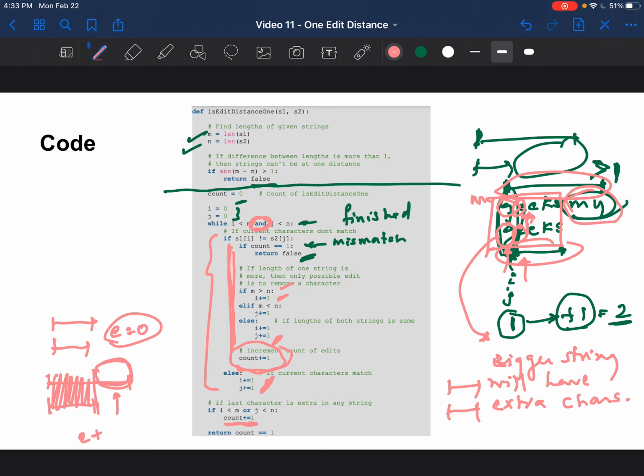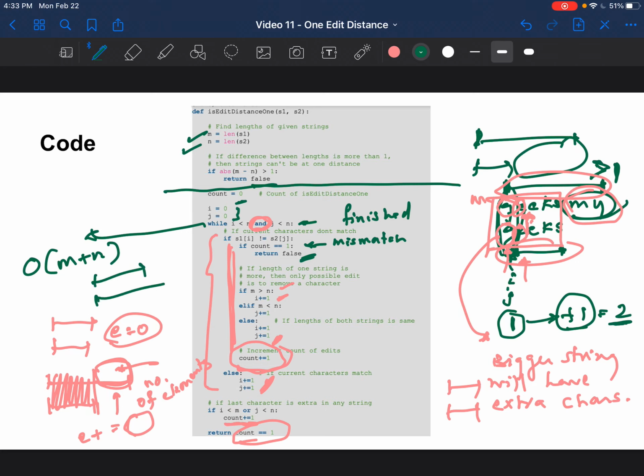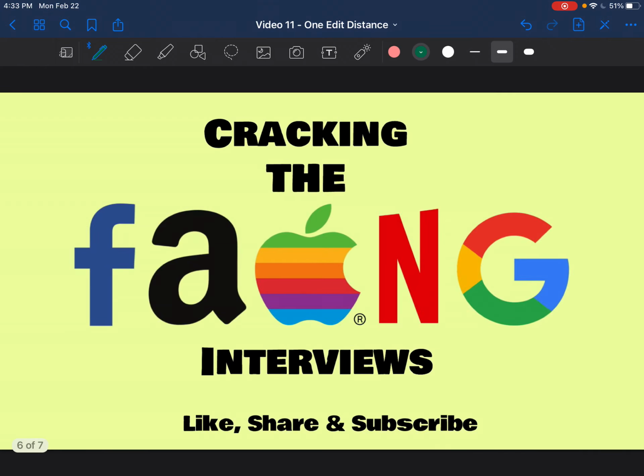The other thing you could do is also increment the edit distance by the number of indexes remaining, or number of elements in simple terms remaining, and you just return if count equals 1, which means the edit distance is 1, as the question asks us to do. And as I said, the runtime of this approach with this while loop is going to be going through both of the strings. The amount of work you're doing is going through both of the strings, and it's going to be O of